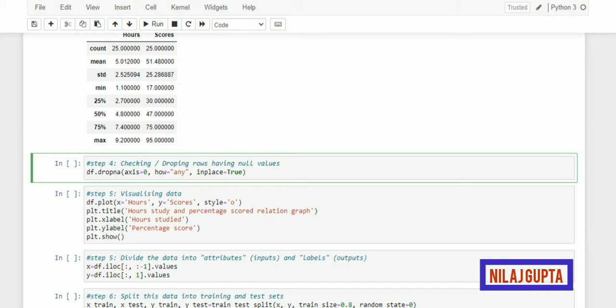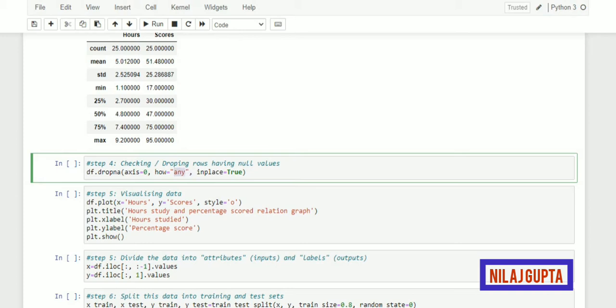Now let's come to the next step, checking or dropping rows having null values. It is important to drop rows that have null values to avoid errors. You can use the dropna method of the data frame. Here you can pass axis equal to 0, meaning please delete the row where a null value is found, and the how parameter takes two arguments, one is any and the other is all.